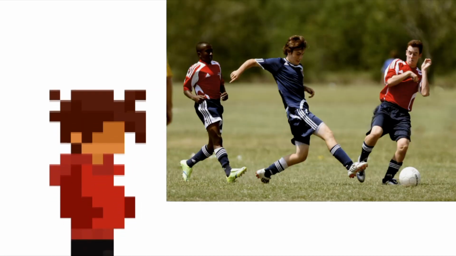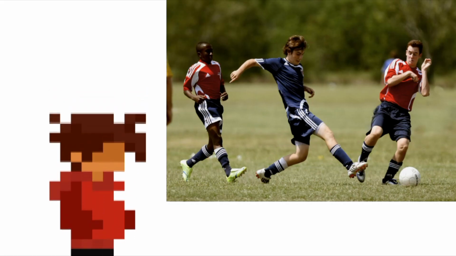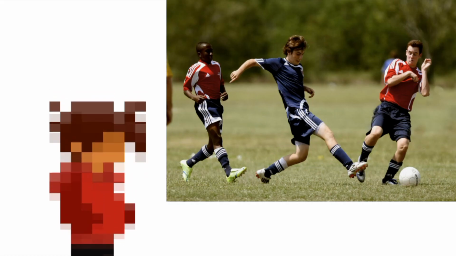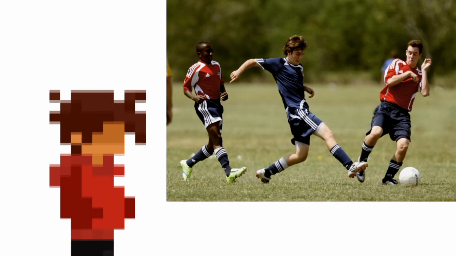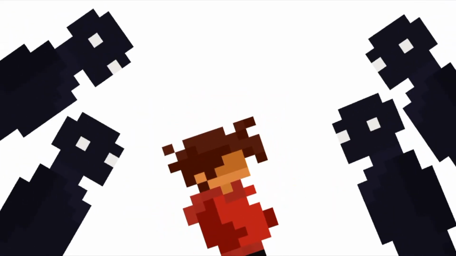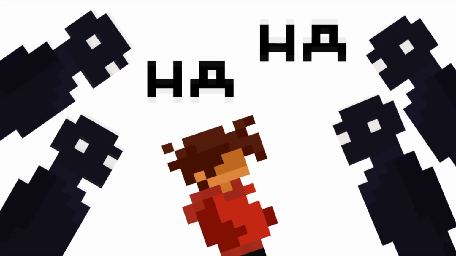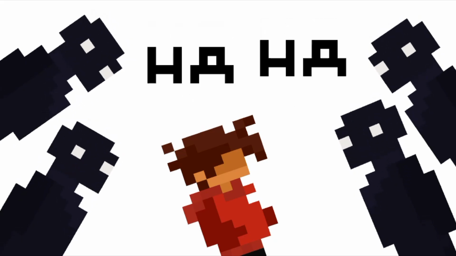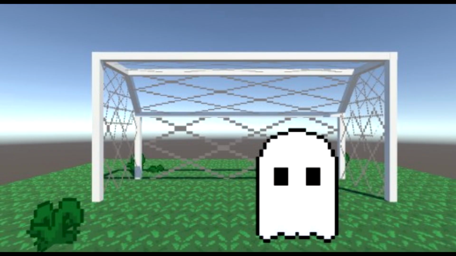Then I thought, okay, maybe something simpler like a soccer game, but it might be too difficult in the short time we had, so I told myself to just focus on the core of the idea. Well, actually, my project idea started as a racing game and ended up as a soccer game. After a bit of brainstorming, I came up with something simpler but fun. Soccer playing ghosts. I knew I had to keep it simple. It was my very first multiplayer project after all, and we didn't have much time.